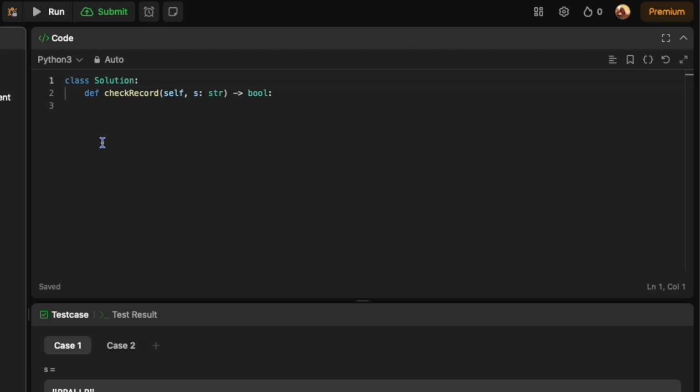The first thing I'm gonna do is I'm thinking of making 2 separate conditionals. The first conditional will be simple. I'll just give a count of the character A. If the character A is present 2 or more times, then I'll automatically give a false. And then the second conditional,